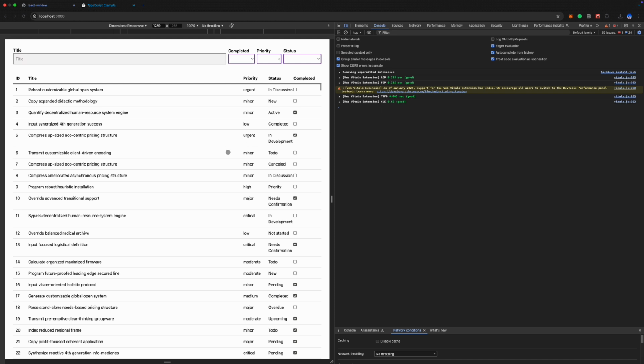One is to lazily load list items. Two is to memoize list items. Three is to memoize the props that are passed to list items to make sure that the memoization is as